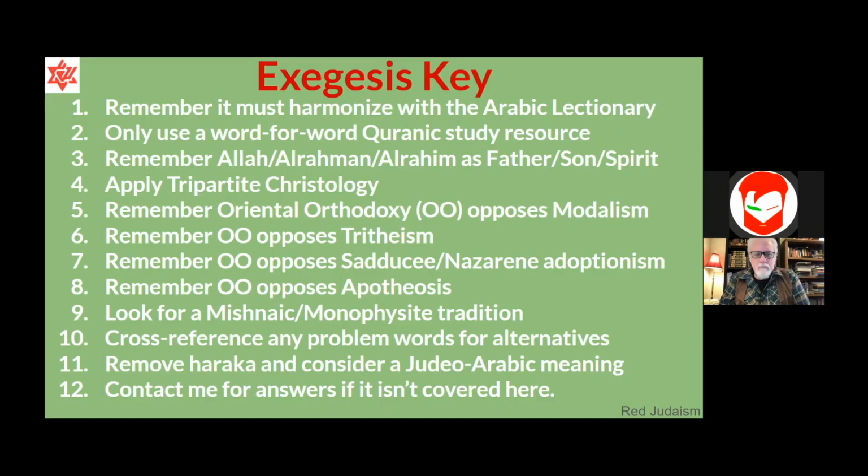So now, if after eliminating all of these possibilities so far, you still find that the verse is basically saying what they say it's saying, it's time to think about step 7. Is it really against, for example, Jews and Christians, as they'll say, or is it against Judaizer and Nazarene adoptionists? Now, I'm not going to go into too much detail on the Judaizers and Nazarenes because